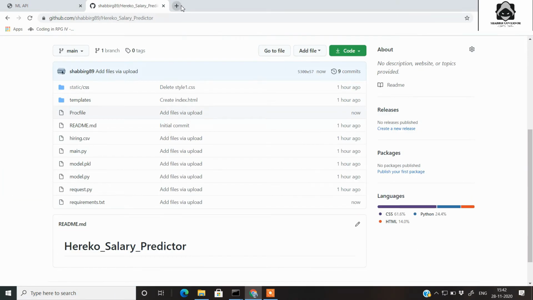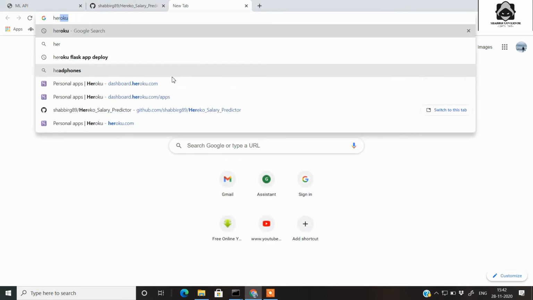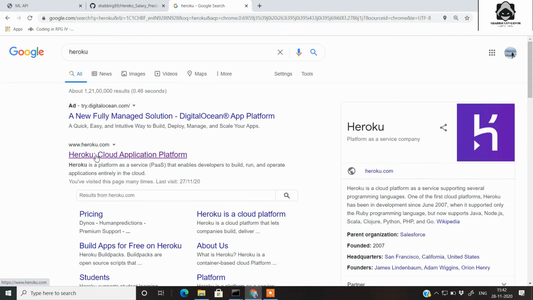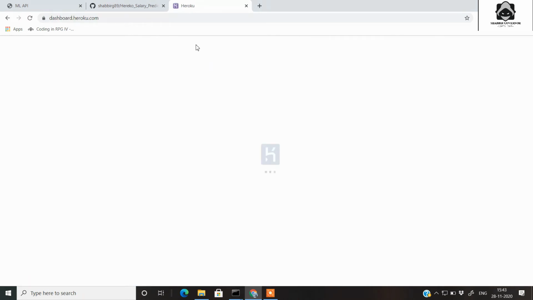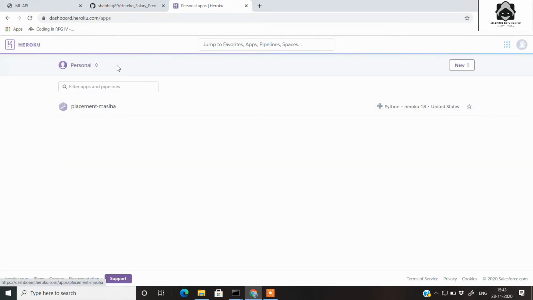Next step is to open the Heroku site. So let's go to Heroku. So this is the Heroku site, which shows that it is actually a cloud platform. If you don't know about Heroku, Heroku is just a cloud providing service which will help you to host all your websites and projects on the cloud directly. It doesn't matter whether it is Python or any other technology, it also supports Node.js, Ruby, etc. There are many platforms which are supported.